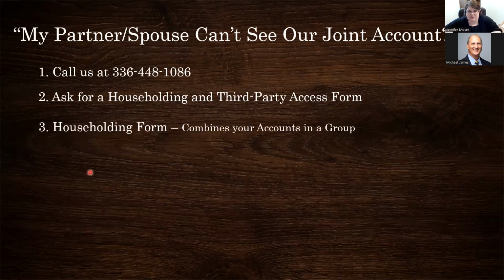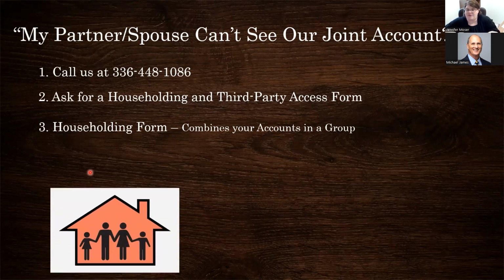So what a householding form does is it combines your accounts in that group. As you remember in the Ameriprise statement, everything was householded. The example was Terry. Terry's sample account was there at the front, and then you saw his wife's at the bottom. So they combined their accounts to give you that financial statement, so it shows you the whole amount of both of your accounts joined. So we're going to household them. We're going to group them together.